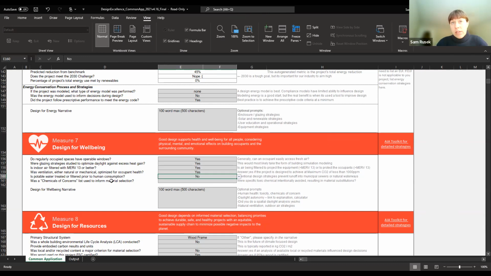And then, was a chemicals of concern list used to inform material selection? And again, that's that red list chemicals of concern from the ILFI. And we're going to say, we actually really did want to not use PVC pipes, let's say, in this project. So we're just going to say yes. And then again, we can talk about any of those strategies up here in more detail in this